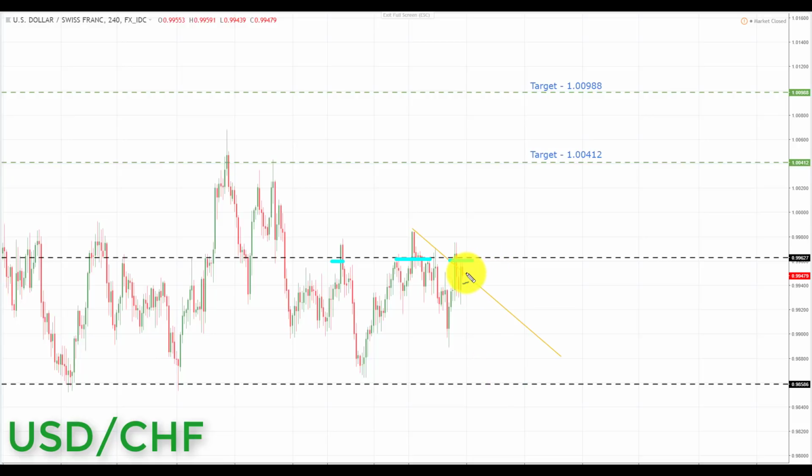So what I would like to see going into next week in the US dollar franc, very simply, is for this resistance to fail and for this pair to fall into line with the dollar strength. And if we get a pullback and a retest of broken resistance turning support at 0.99627, this would be a great place to start to look for bullish formations and patterns. First of all, up to the next key area of resistance to the upside and the target set, the 1.00412. And if we can get a breakthrough here, up towards the next key area of resistance to the upside and target 2 at the